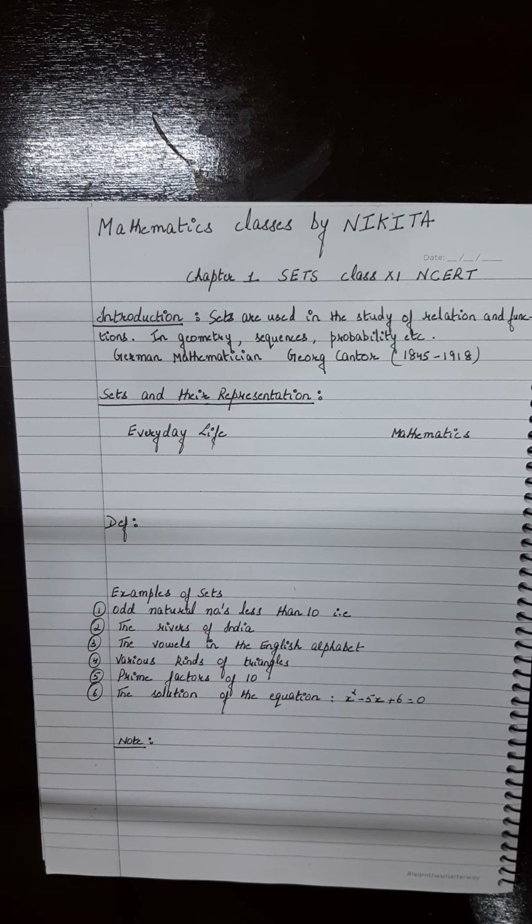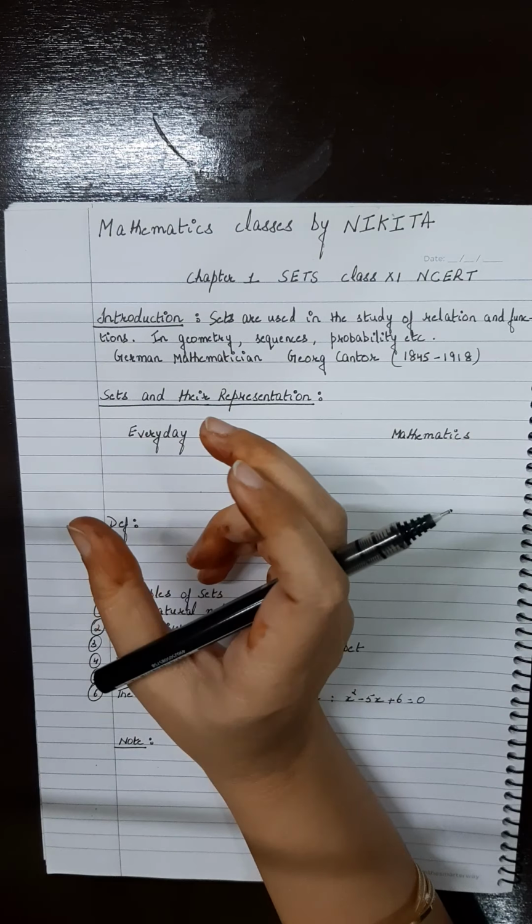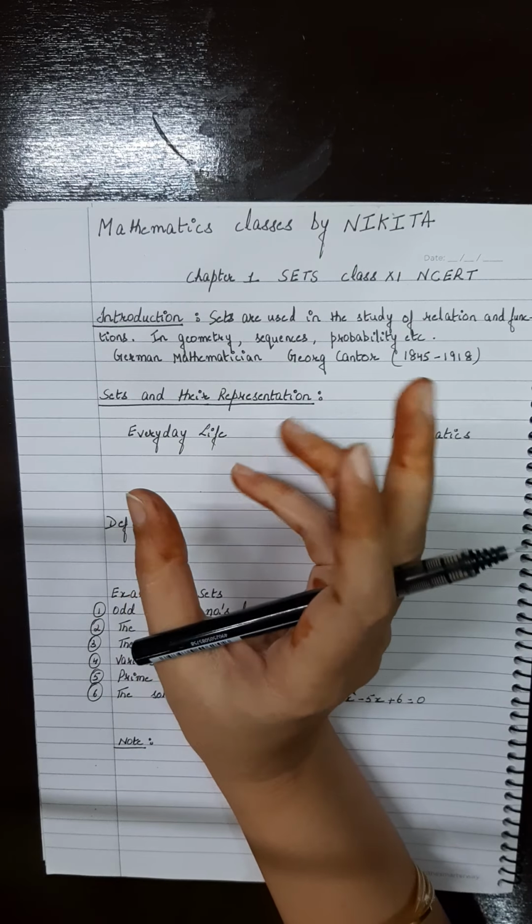Also a pack of cards. Cards you have all seen, 52 cards. So it has some special meaning in your mind. Pack of cards, you know that 52 cards are there. There are 4 suits, 13 cards in each suit. So it is a well defined set. A cricket team, like I take the name of the Indian cricket team, you know what players will be in this team. So it is a set. So in everyday life we see a collection of objects and we group them and call them a set.